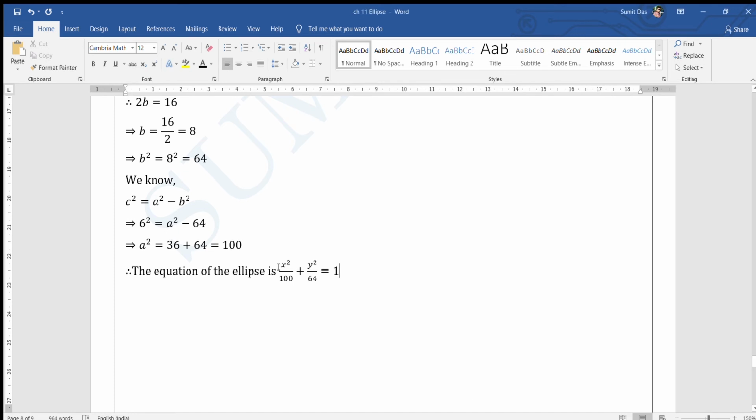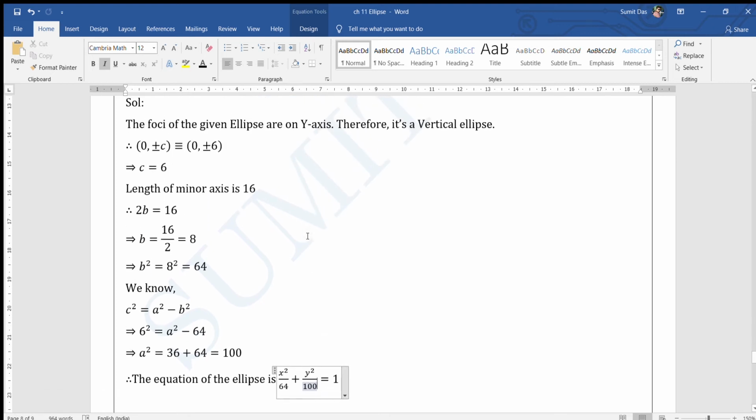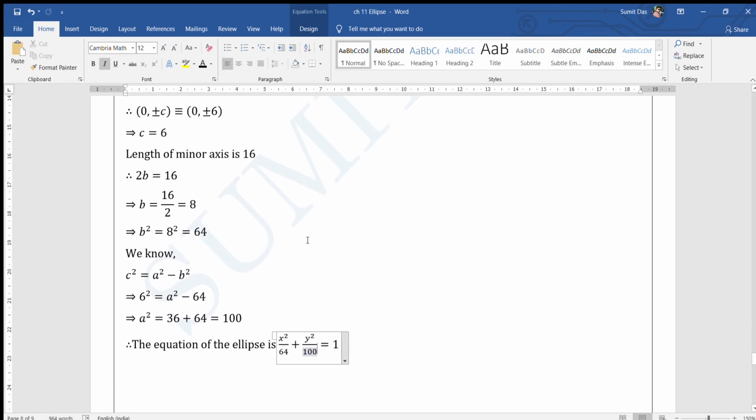It's wrong because it is a vertical ellipse. So x square by b square, not a square. What is b square? 64. And y square by a square, that is 100. Many students make this mistake in the final. Because of this, suppose this is a 4 marks question, or maybe a 2 marks question, you will get only 0. Sometimes if the examiner is very kind hearted, they can give 1 mark. Otherwise you will get full 0 marks only because of this. So be careful whatever you are writing, and try to understand the reason behind it.